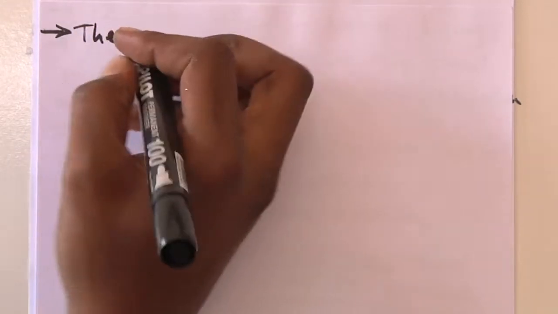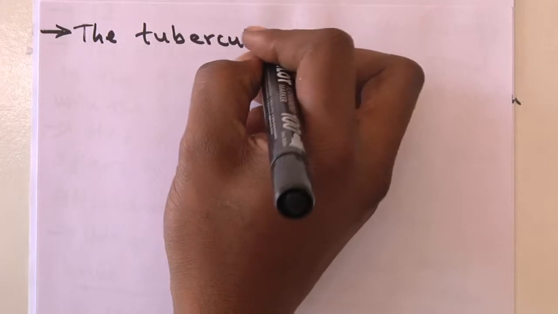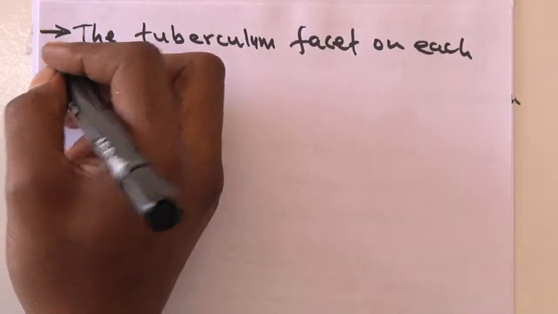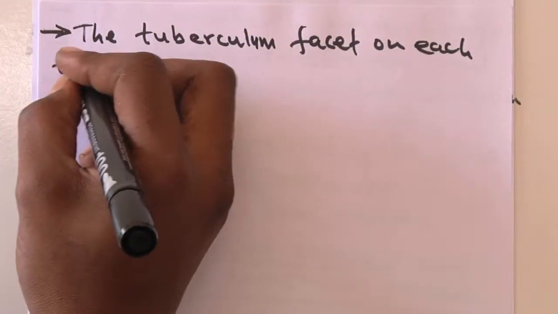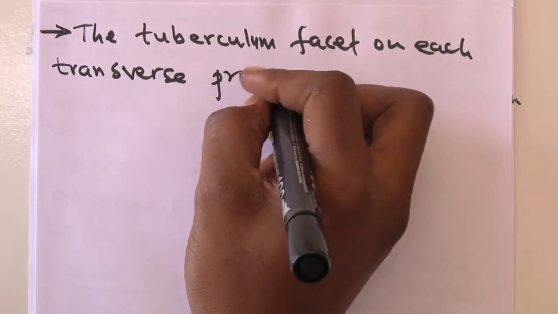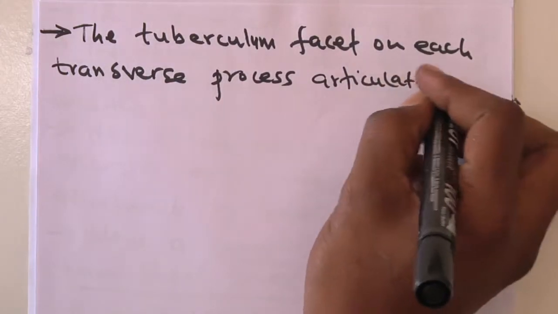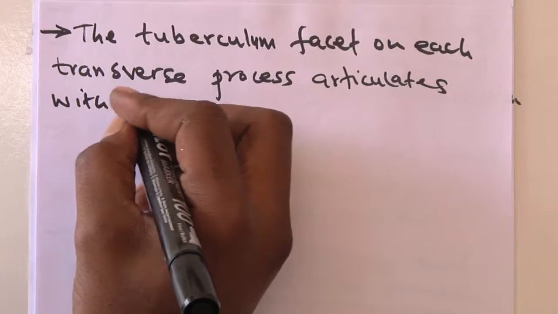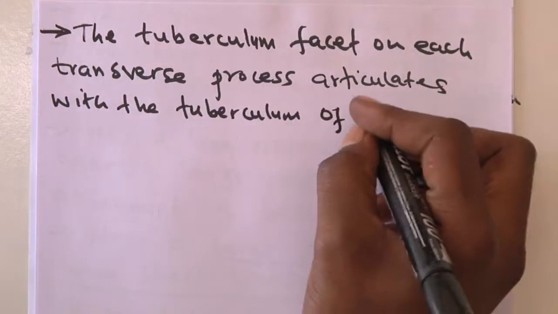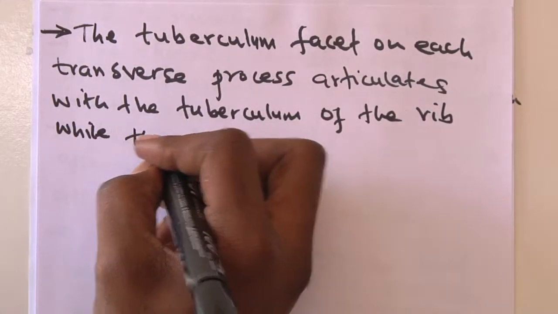We say that what we call the tuberculum facet on each side, on each transverse process of the thoracic vertebrae, articulates with the tuberculum of the rib, while the capitulum,